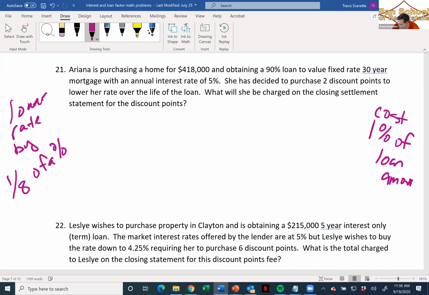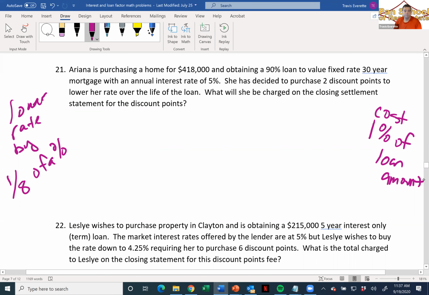So basically, you can look at it this way. Aren't you paying the lender 8 times the value of them? In other words, if they're only lowering the rate by 1/8 of a percent, but you got to pay 1% to get it, aren't you paying 8 times more? Does that make sense? Just like as a mental thing. That's why lenders love them. They love it when you buy discount points.